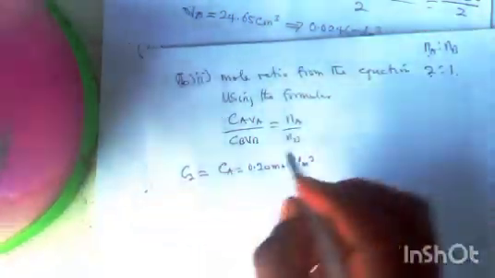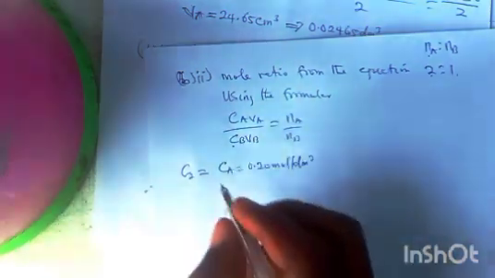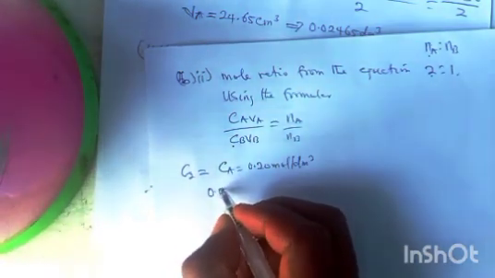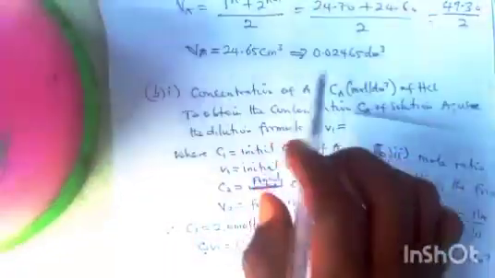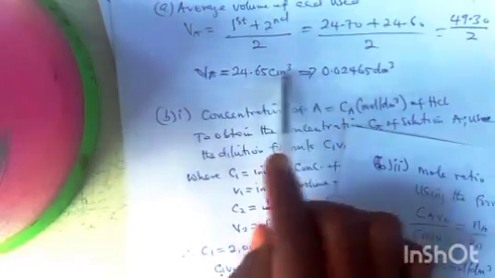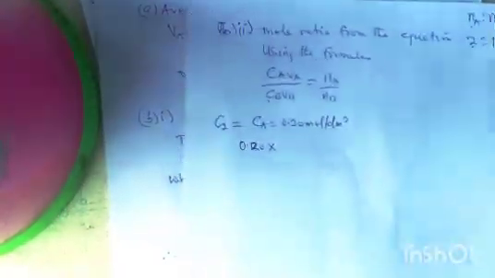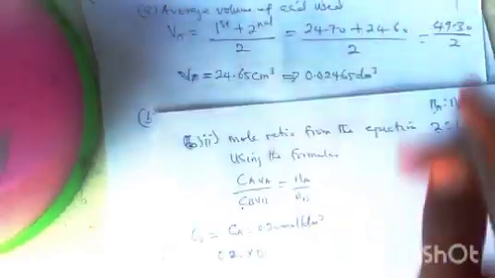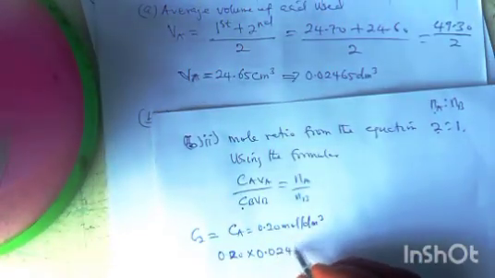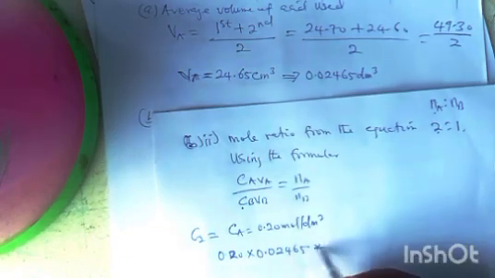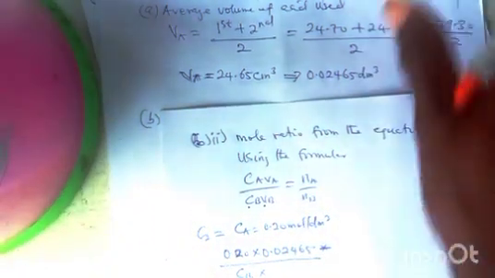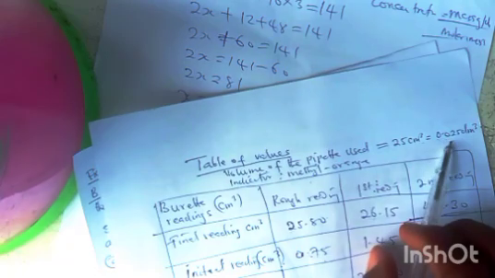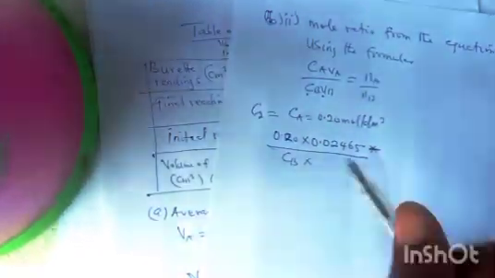Now since you have that, what are we checking for? CB. We don't have CB, that's what we're checking for. So CA is 0.20 times VA, the volume of acid, the average volume of acid. Look at it here. This is the average volume of acid, 0.02465, all over CB, which is not given, times the volume of base. The volume of base is what we have from the pipette. So we also record the volume of the pipette, which is